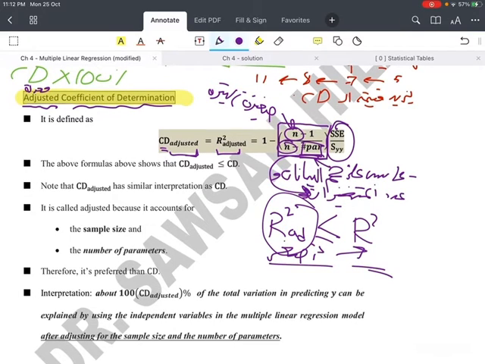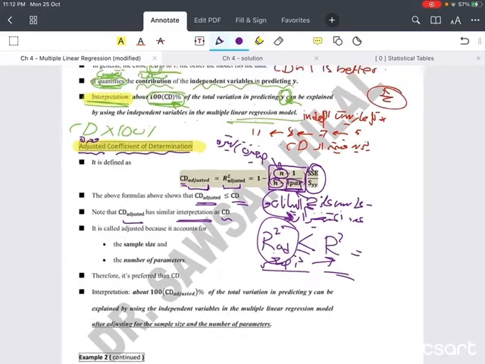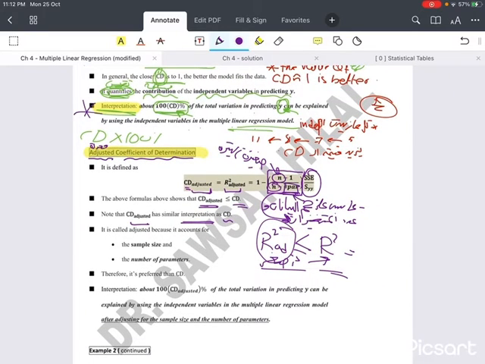The formulas above show that CD adjusted is less than CD, which is what we said. Note that adjusted has a similar interpretation to CD, so the interpretation will not change. It is called adjusted because it accounts